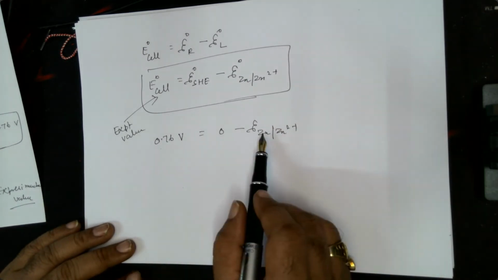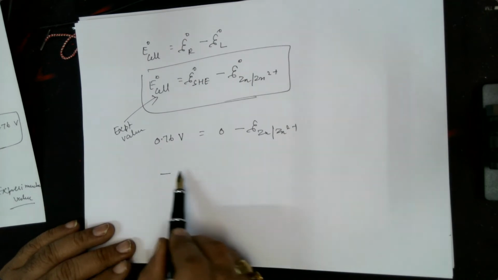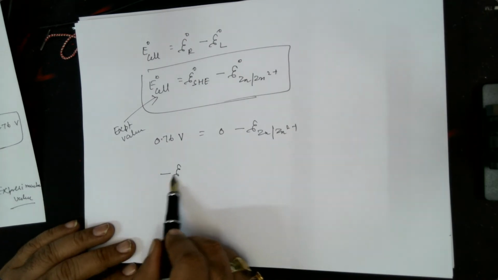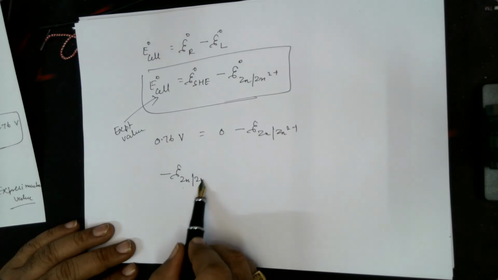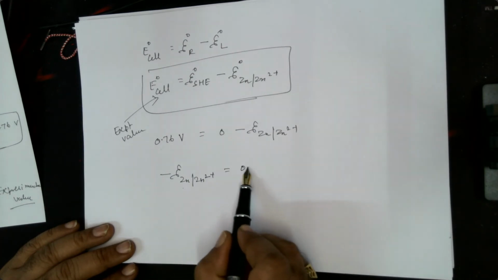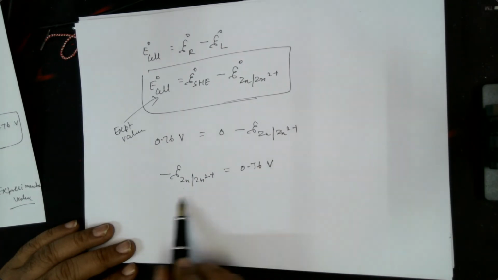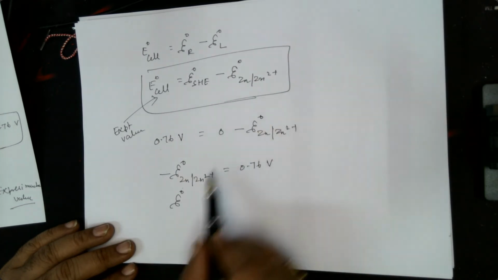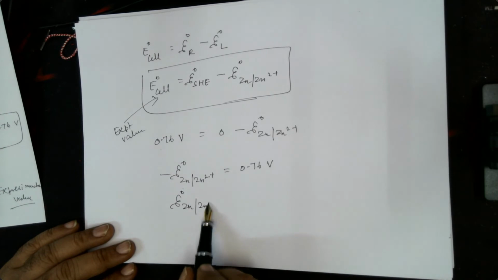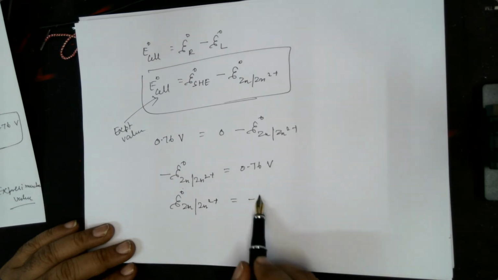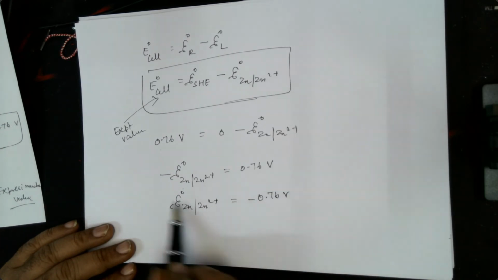Now what we can do, that is minus E of Zn 2 plus is equal to 0.76 volt. So E of Zn 2 plus